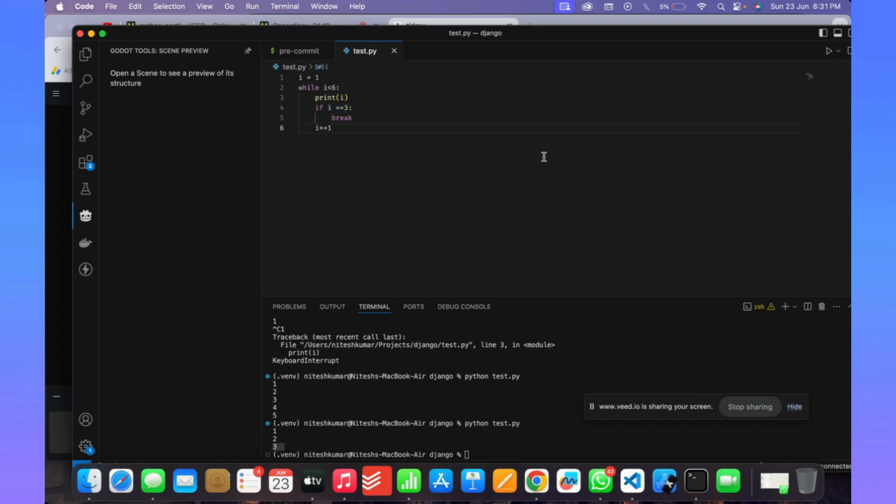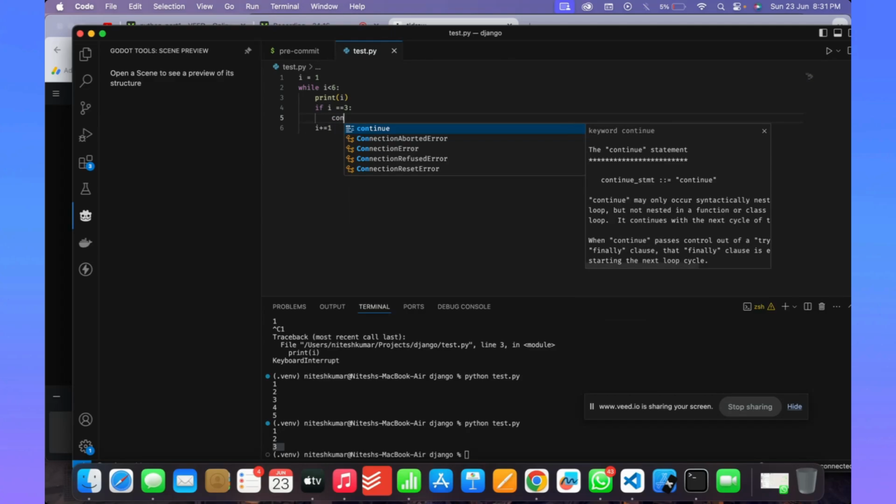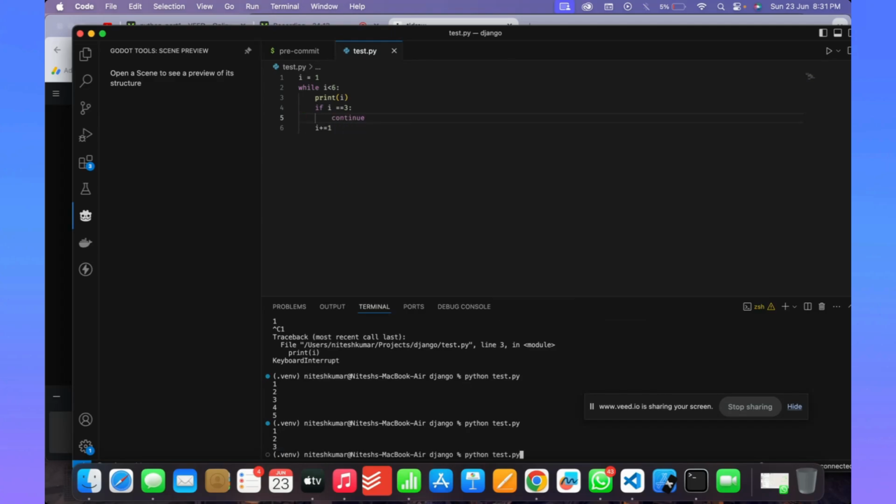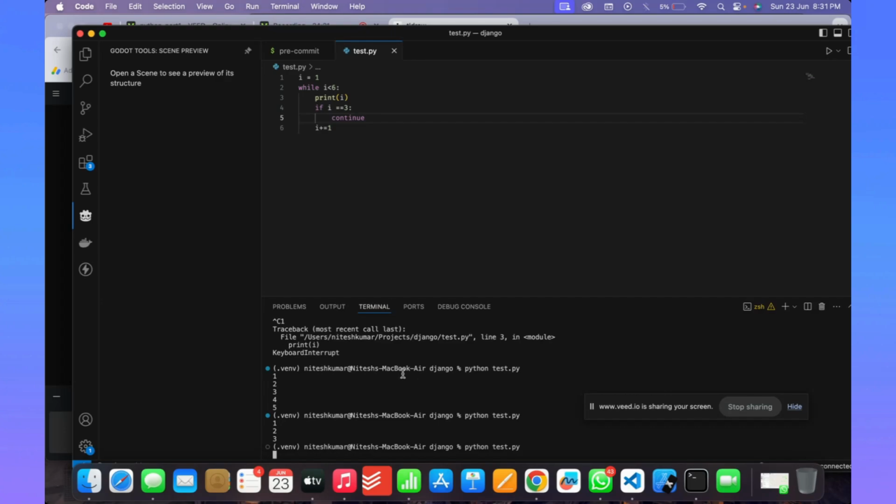Now let's see what the continue statement is. The continue statement basically skips the current iteration and prints the remaining. So if you see here what I'm doing is, oops, I think